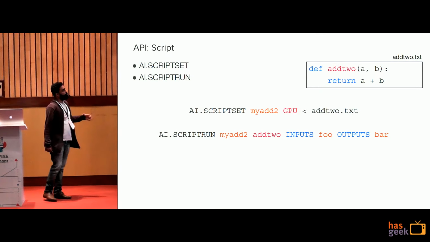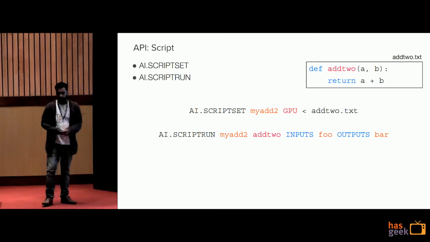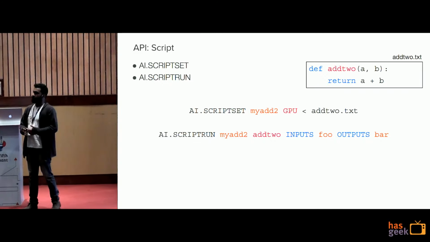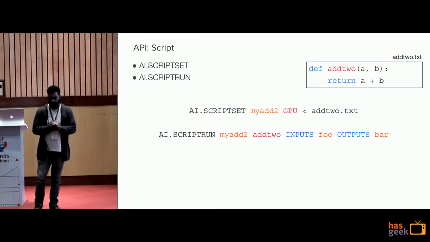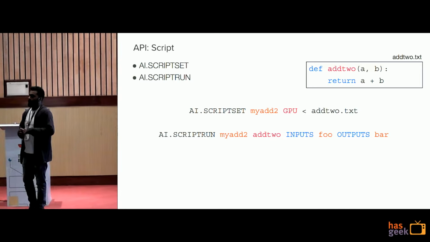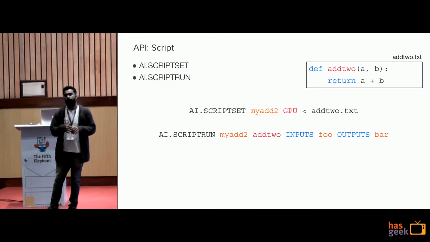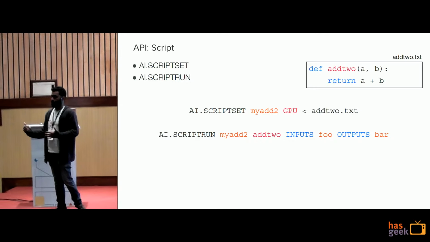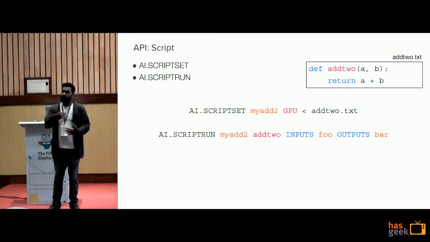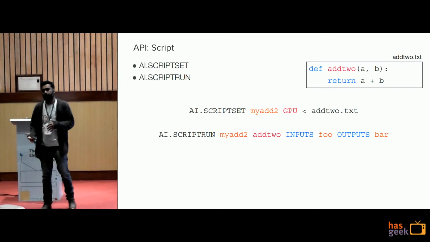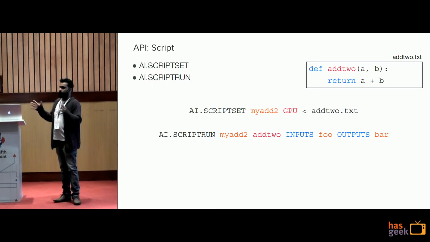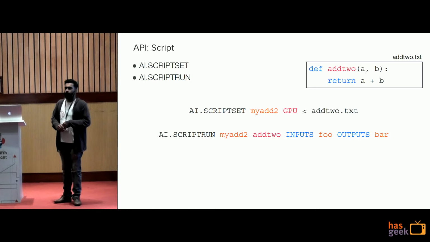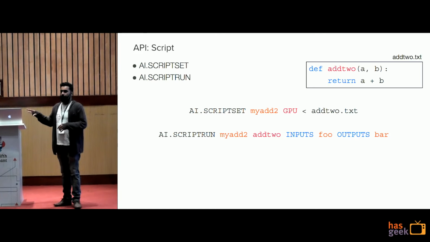So this is what I skipped last time. So script is, like I said, a subset of the Python language itself. The benefit is, let's say you're making an image recognition system, right? You almost always have to convert or normalize your image before processing through your model. That's pre-processing. And then after the execution of a model, you get an output. It's probably a softmax, if it's an image classification model, then you have to convert that array to something else, basically post-processing.